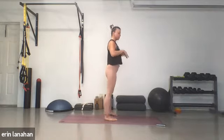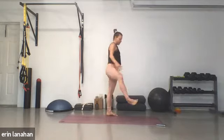Take a moment, just shake that right leg out. Good, and then we'll just switch. Okay, so pressing down through the left foot, let's catch underneath the right hamstring, plug the belly button back, push down through your standing foot, and then we'll start to extend the leg. So keep those hips square. Engage that thigh. And if you want to bring the hands to the heart, go a little harder here for